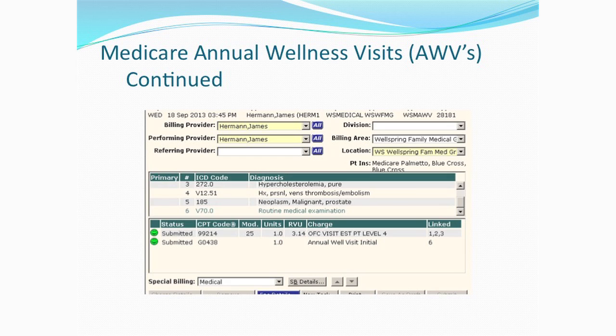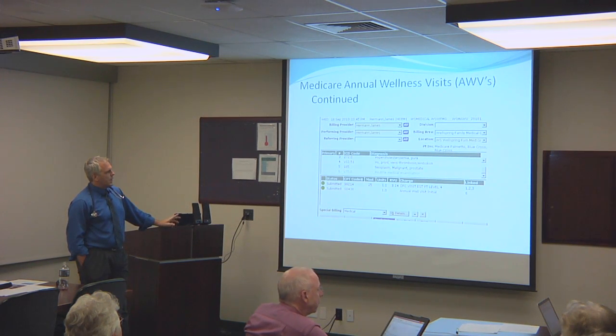Now the recommendation is to use a V70 for the annual wellness visit codes. You link that as the diagnosis. Now you don't have to. In fact, if you look at the CMS website, they have a Medicare Learning Network website, and you can go there and get a lot of information about all these things. They actually have documentation that says you can apply any code to the G codes, including if you just saw them for cholesterol and hypertension, you could just use those two codes, link it to the wellness visit, and you'd be done. But in our office, we have chosen to use the V70 code